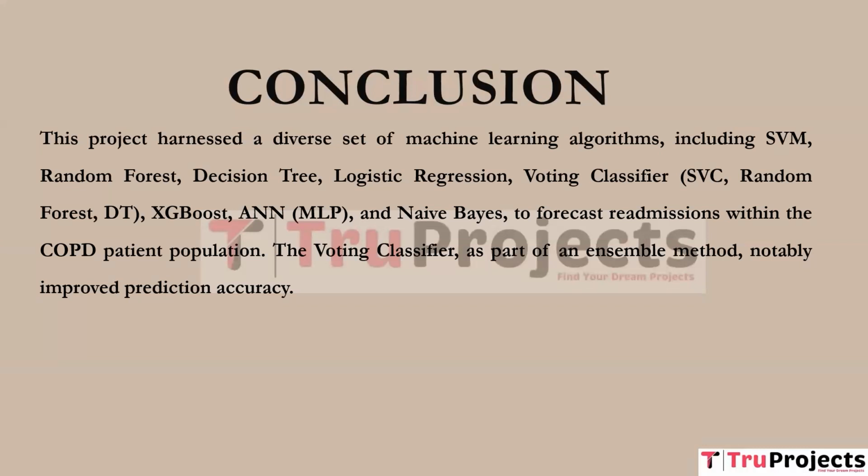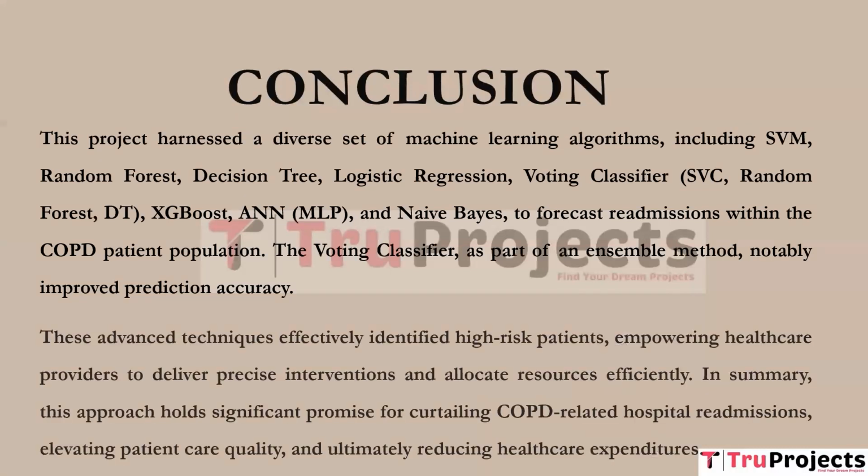In this project, a diverse range of machine learning algorithms including SVM, random forest, decision tree, logistic regression, voting classifier, XGBoost, ANN with MLP, and naive Bayes are harnessed to predict readmissions within the COPD patient population. Notably, the voting classifier, as a part of an ensemble method, substantially improved prediction accuracy. These advanced techniques prove highly effective in identifying high-risk patients, enabling healthcare providers to deliver targeted interventions and allocate resources